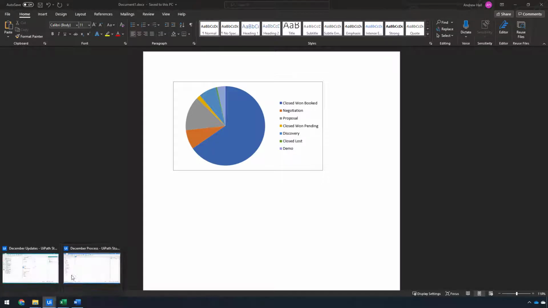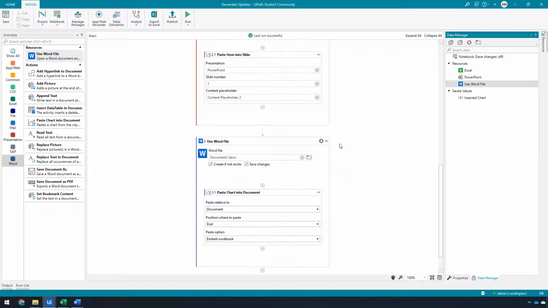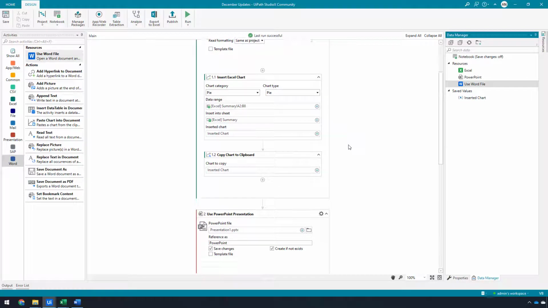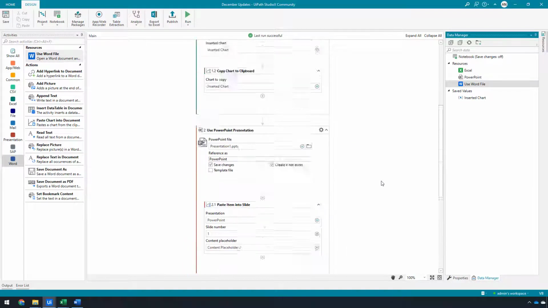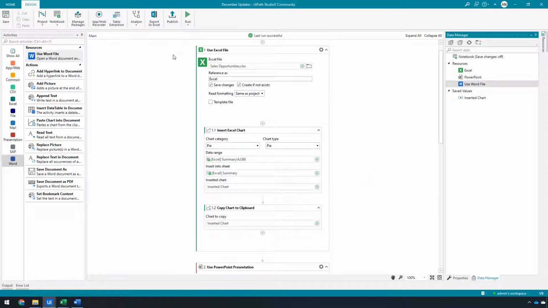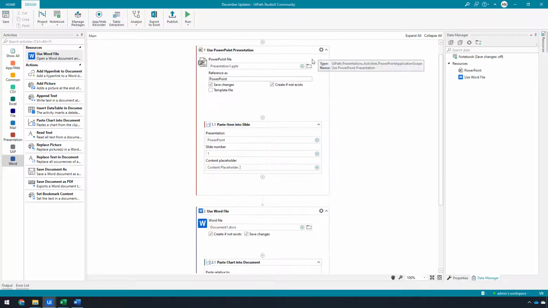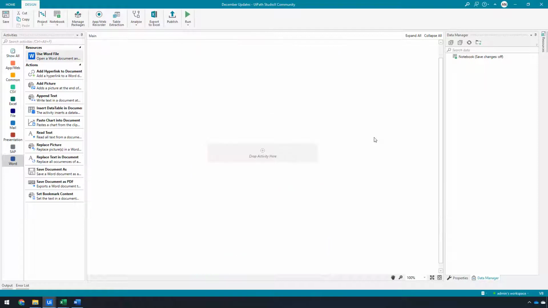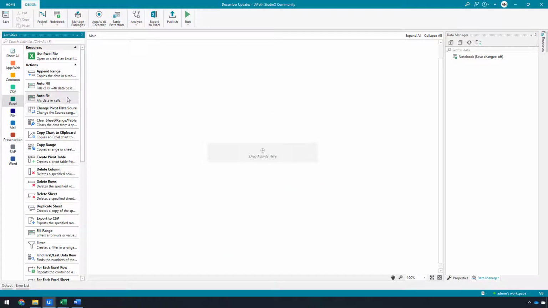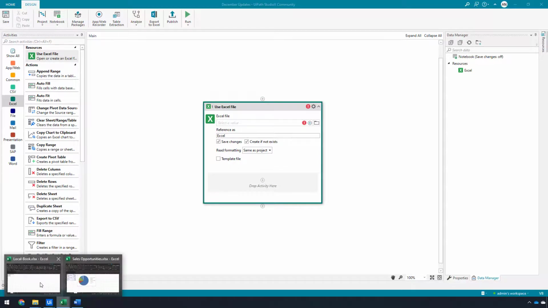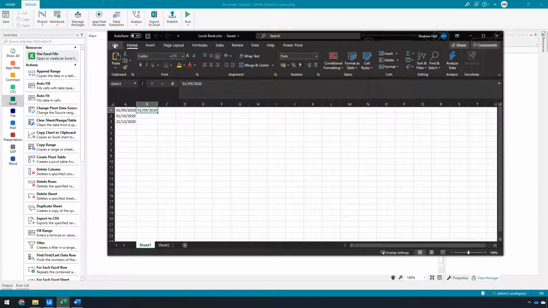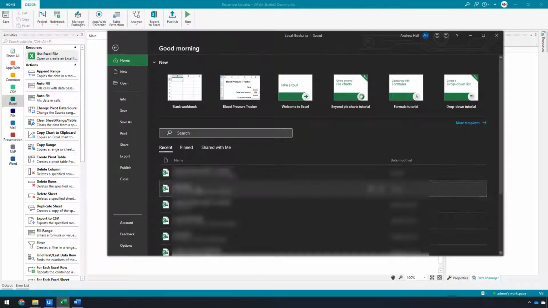All right, going back to Studio X, I mentioned that I wanted to talk about some of the other property improvements that we've made. The final thing I want to talk about in the designer before I get to the project settings is that in Studio X, we have also now enabled you to open and work with Excel files, Word files, and PowerPoint files that are stored in SharePoint. So if I say use Excel file here, and if instead of opening this local file that's here, I want to open a copy from SharePoint,